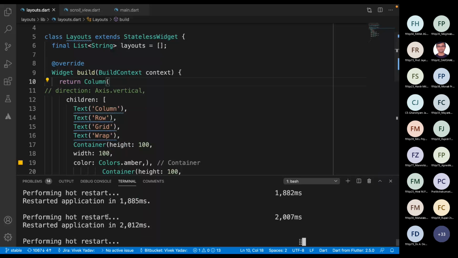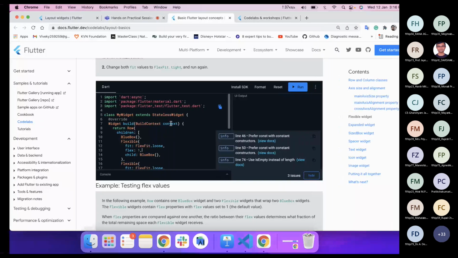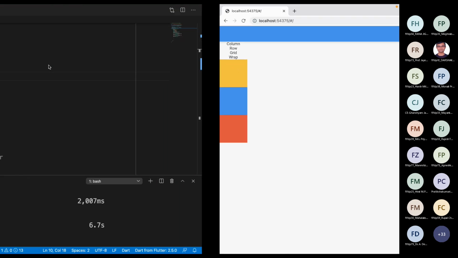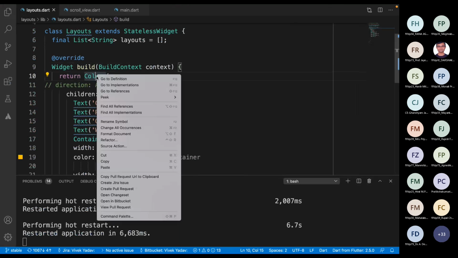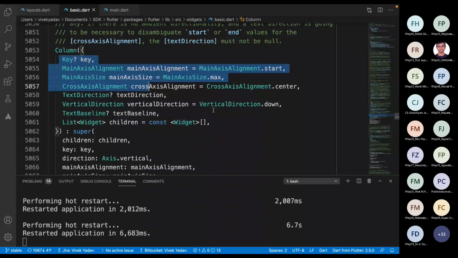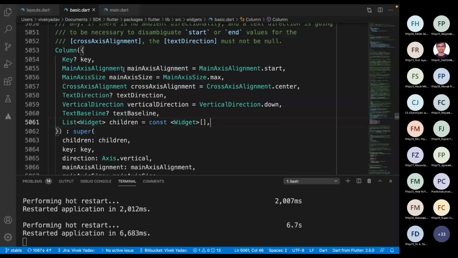Let's see how our column looks right now. Okay, our column looks like this. Let's play with the properties of this column widget. If you go inside this column, you will see that it has a lot of variables, or we can call them arguments.